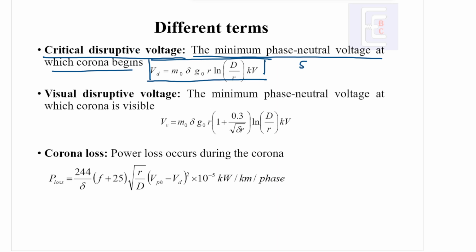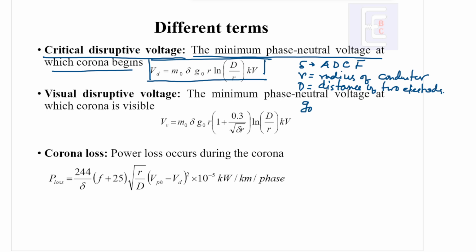Delta is called the air density correction factor, discussed in the previous lecture. R is the radius of the conductor. d is the distance between the two electrodes. Now we have one new term. What is G0? G0 is the breakdown strength of air